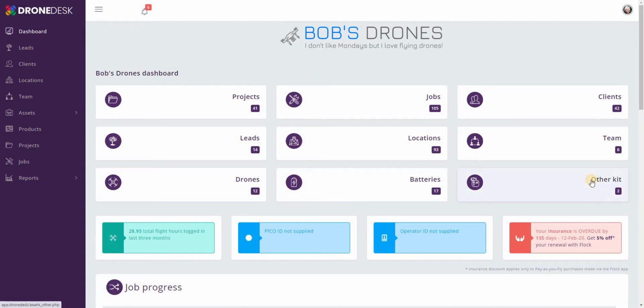Okay, so this is how to create a job in Dronedesk. So you should now have a client, a location, and a drone. Once you've got all those three things, plus a team member obviously, then you're able to create a job. You can do that either from the menu on the left, clicking jobs, or from the jobs card, and then